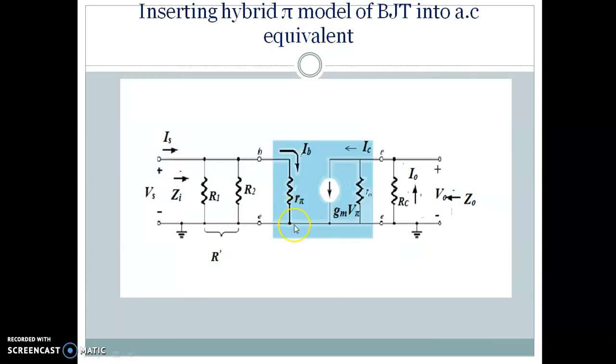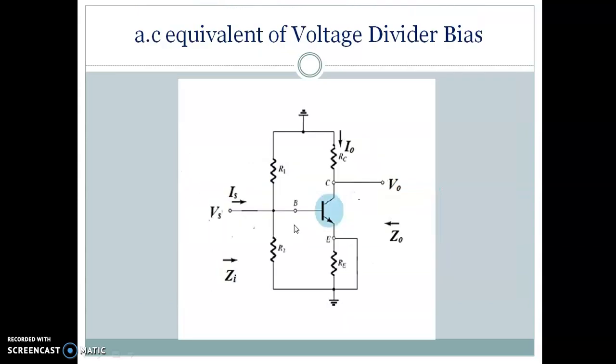When we draw the AC equivalent circuit, we short circuit the coupling capacitors, and even the bypassing capacitors we short circuit. So now RE has been short circuited, and therefore the role of RE is nullified. It is as if your emitter has been connected to the ground. Then it is almost like your fixed bias circuit, except that instead of your RB resistor, you are going to have R1 parallel R2. So you can see that the gain is going to be changing.